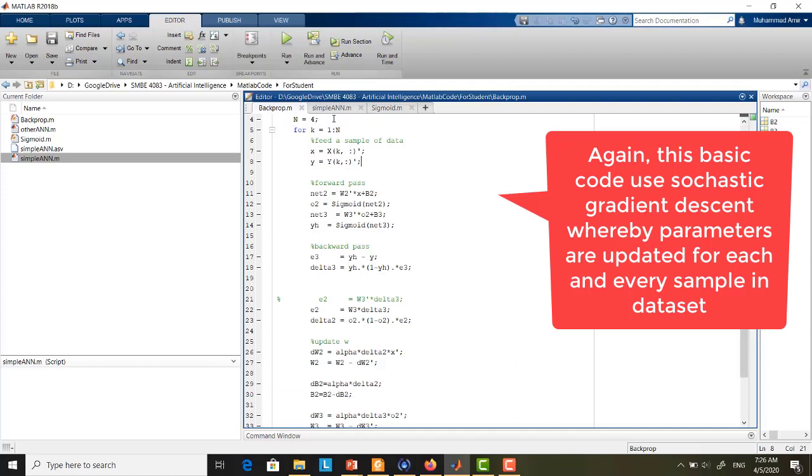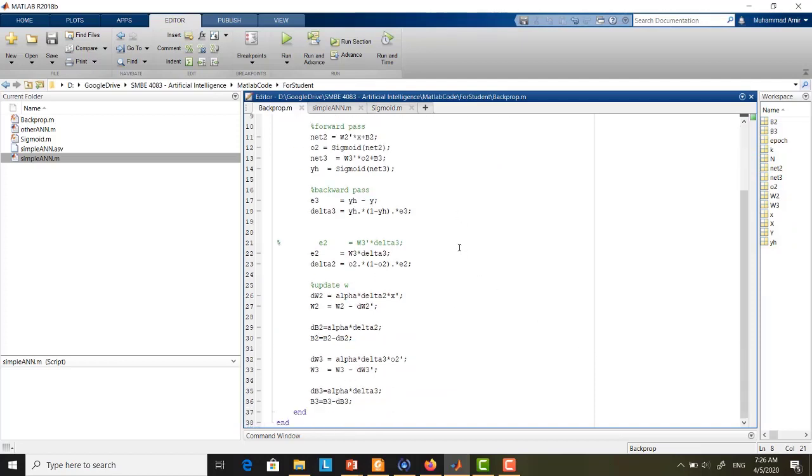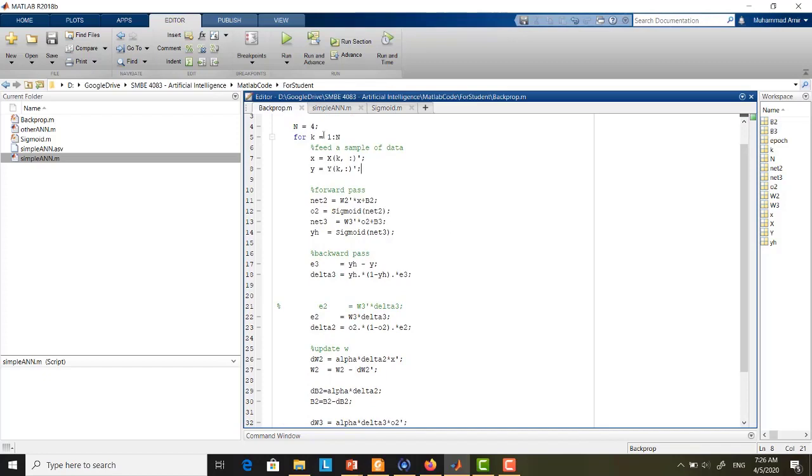It's just a number of iterations. So this for loop represents one iteration. So again, as you can see, let's say you go to iteration number 1, k equal to 1. Once k equal to 1, then you feed the samples, and then you do the forward pass